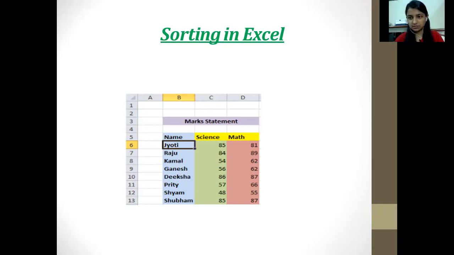R, S, T, J, K, L, M, N, P, Q, R. So you can see that K is coming before R. So it is again not a sorted one. D is also coming before four of these. So we can see that it is not sorted.